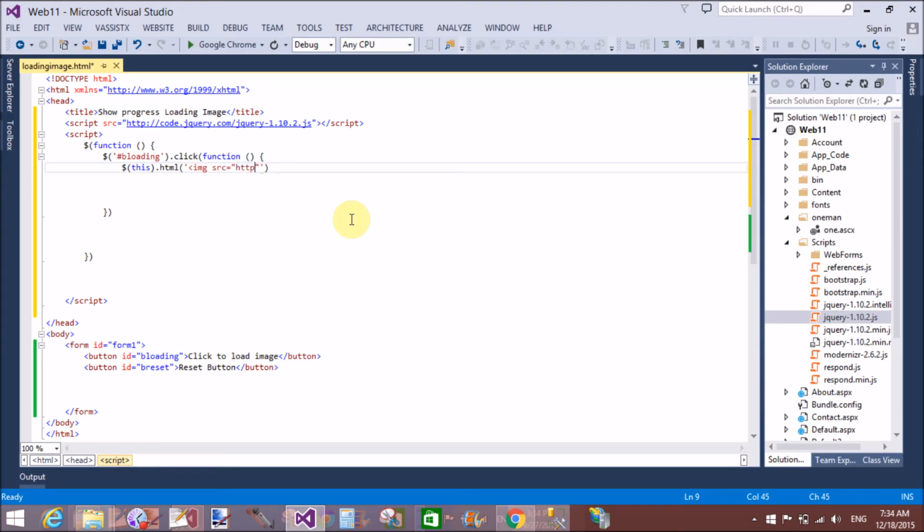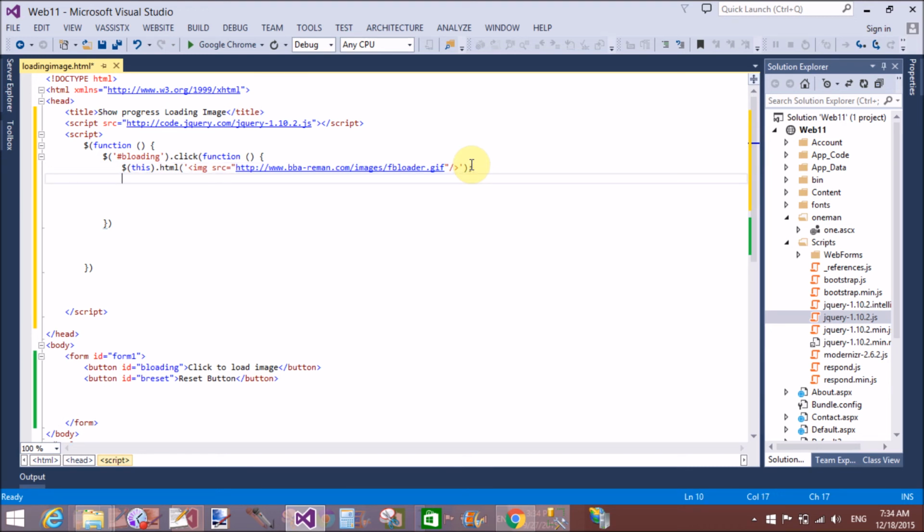Copy this and paste it here. Now close the image tag. Also return false.